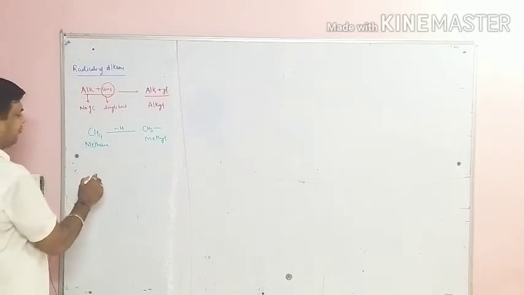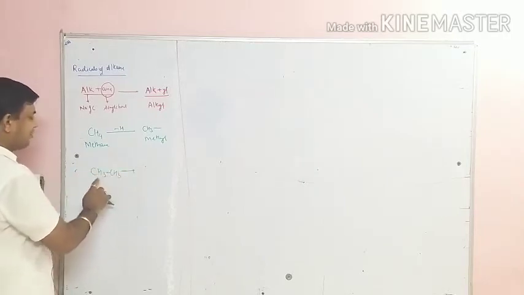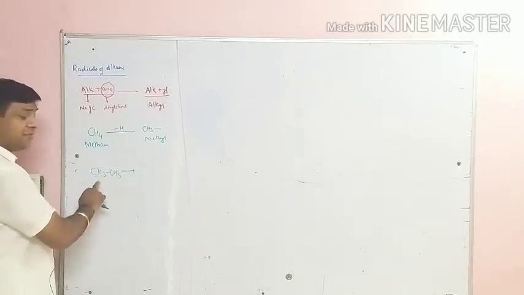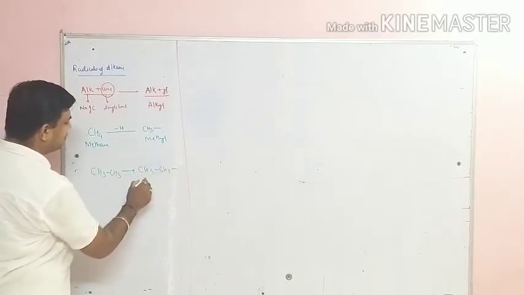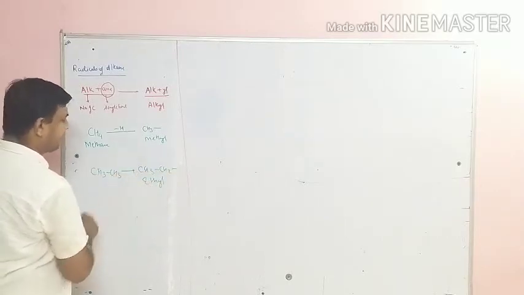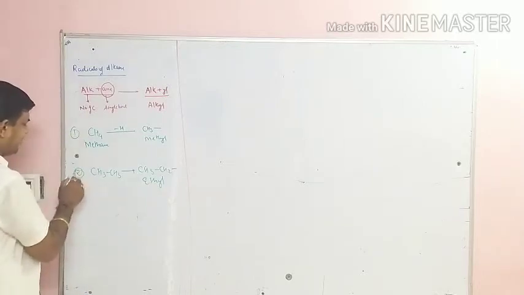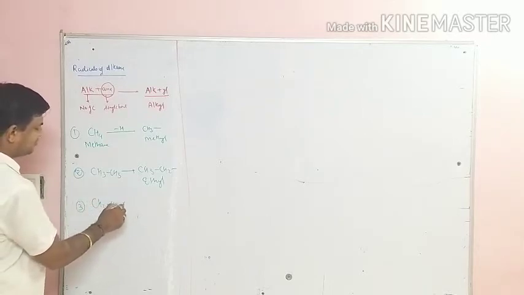This compound is methane and now it is called methyl. Similarly, if we go for ethane, CH3 CH3, both these carbons are the same. Either we can vacate the valency from here or from here. Then it is CH3 CH2. This is called ethyl. But this is the first example. Now we take the third example, propane, CH3 CH2 CH3.